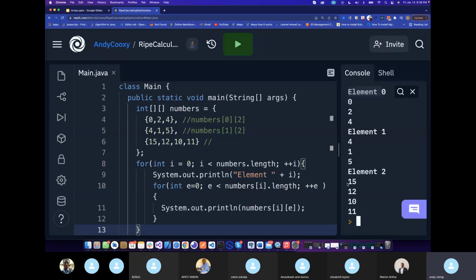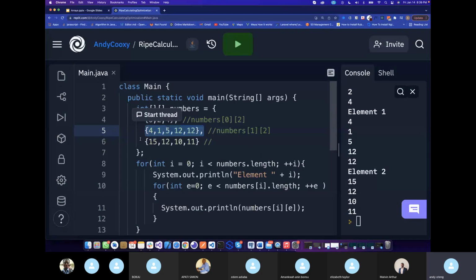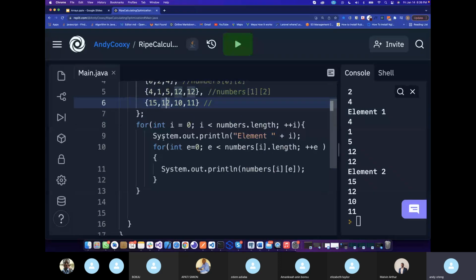With a 2-dimensional array, you always need 2 indexes to move through it. So first of all, the first loop is doing the first iteration to get access to each of the elements. And as it gets access to each of the elements, the second iteration iterates through each of this array. I know it's quite confusing, but when you revisit it and test it on this platform, Repl, you understand the basics of looping. And we did looping previously, so I'm sure you guys